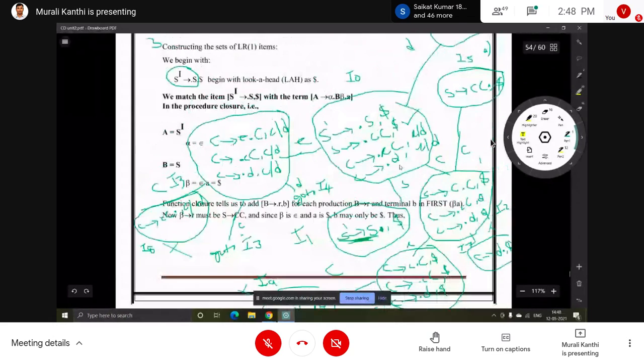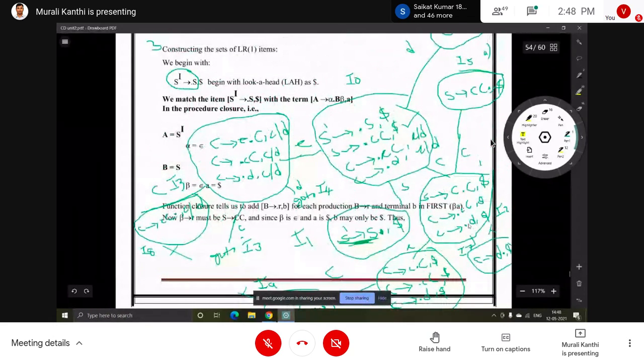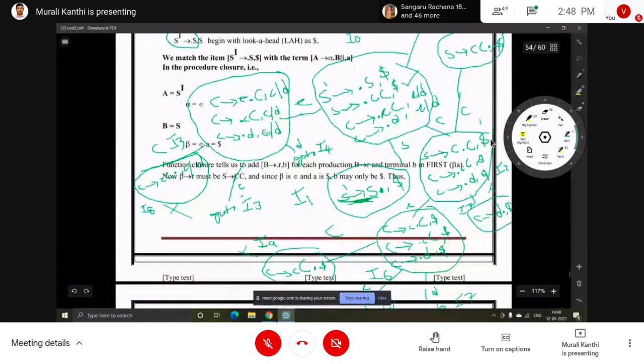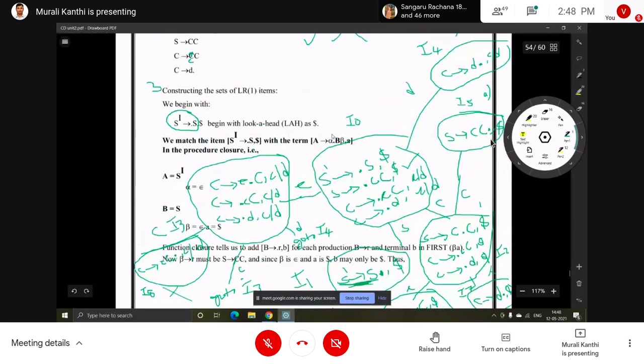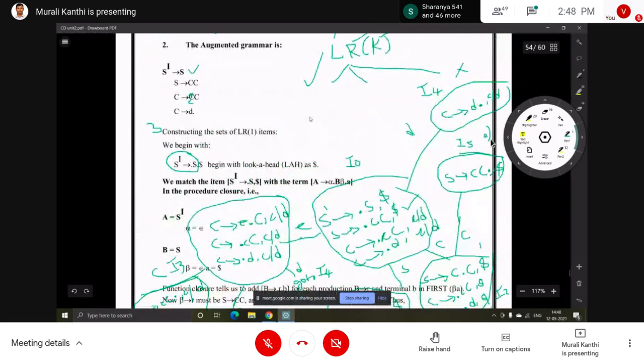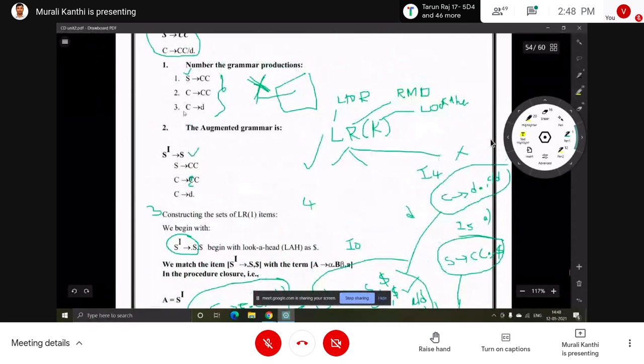In I2 also no, in I3 also no. In I4, yes. So that means the fourth row. What is the number of this production? C implies d is the third, so that means R3.